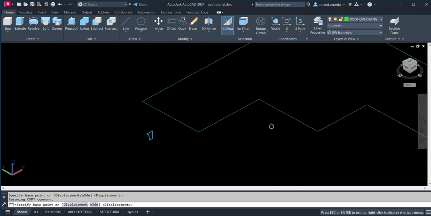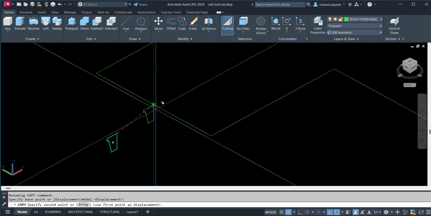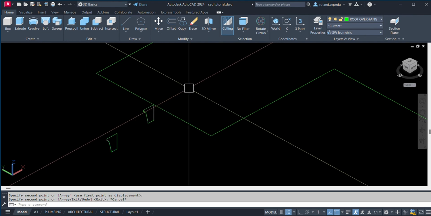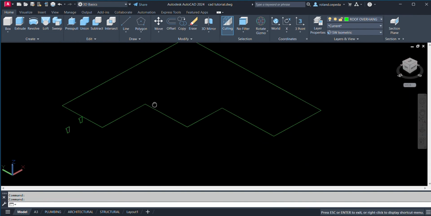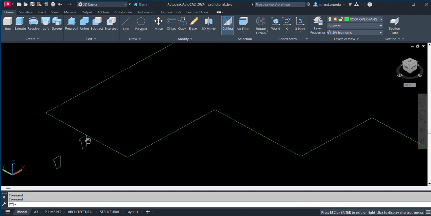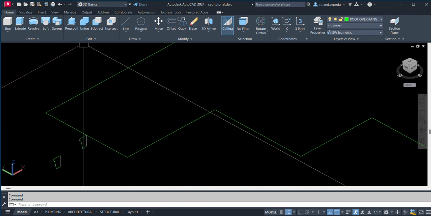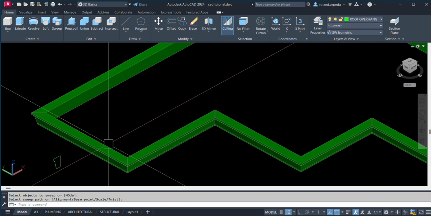So there you go. So let us move this one, or just copy this one, since we also have another roof gutter to be made. Okay, so I'm going to sweep this one so that it will become a roof gutter. So just select sweep from create and then select objects to sweep, this gutter, and then space, select sweep path, this one.